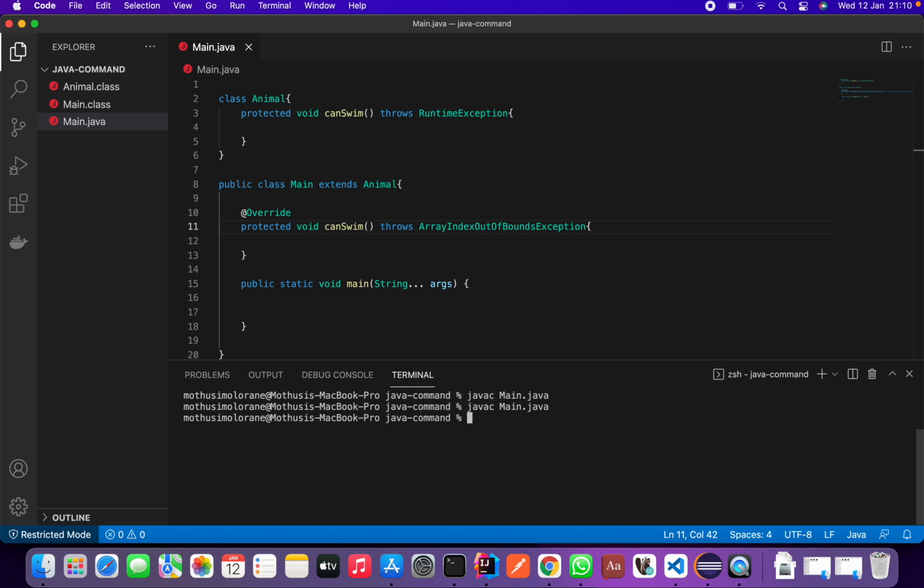As long as it's a runtime exception, it should always work. But now, if the method in the parent class throws a runtime exception, the method in the subclass cannot throw a checked exception. Let's demonstrate that. So let's say here we want to throw